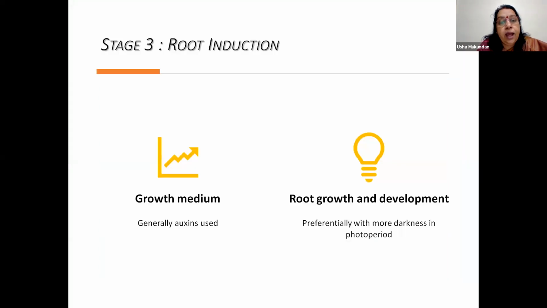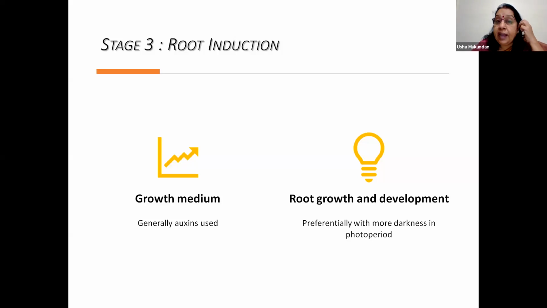Now, in this case, as you can see, during the multiplication itself, roots have been produced. So you get an entire plant, and you know that the word used is regeneration. But suppose you get only shoots, then you will have to go to a third step, that is root induction. All of you know that a plant growth regulator which promotes root induction is known as, anybody? Indole? Not only auxin, but one particular auxin, indole butyric acid, isn't it?